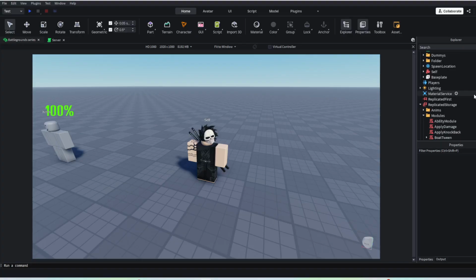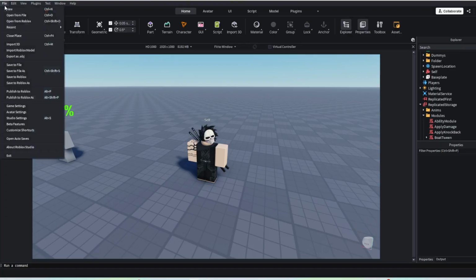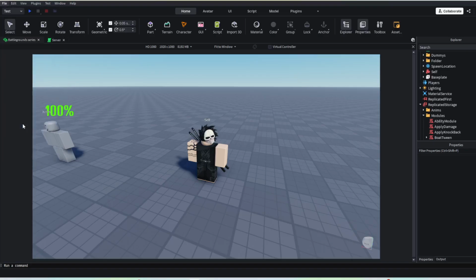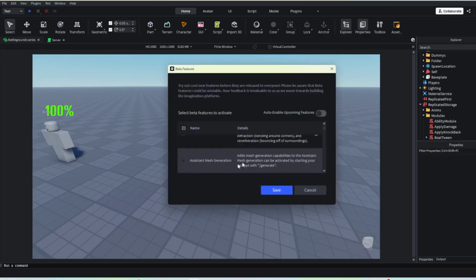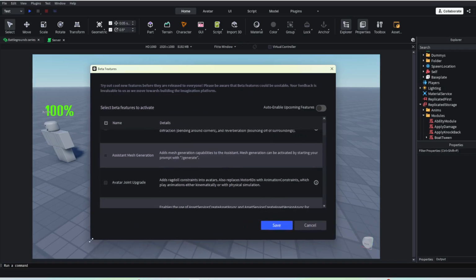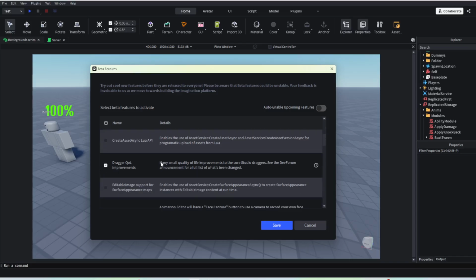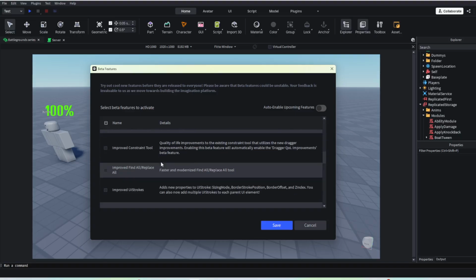So what you want to do to get back to the old studio is hit File up here. Then you want to go to Beta Features right here. Then it's gonna load for some time. Let me just make this a bit bigger so you can see this better. Why can't I make this bigger? There we go. Okay, so then you want to scroll down until you can see, let me find it